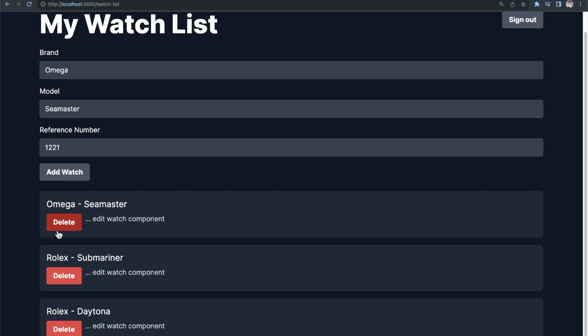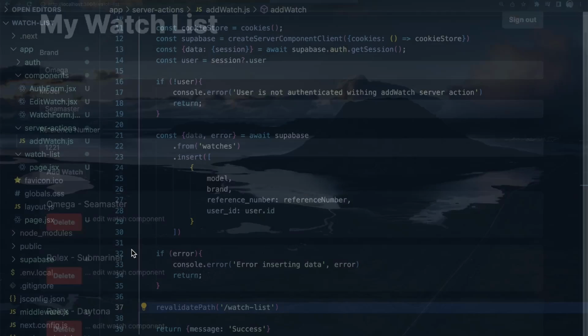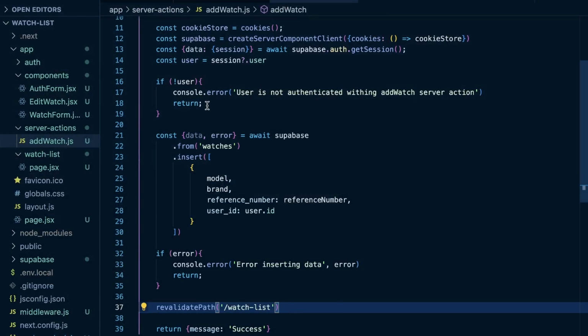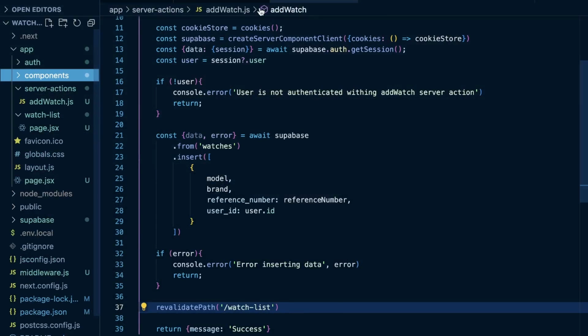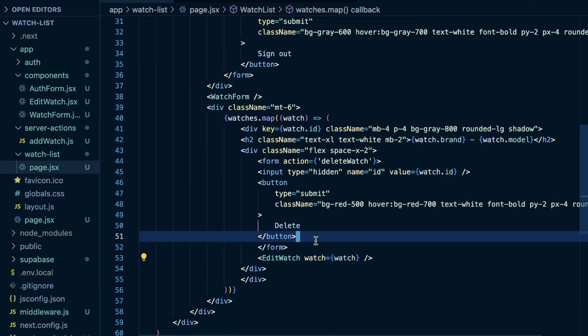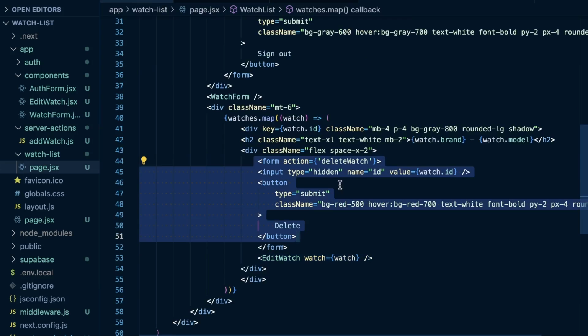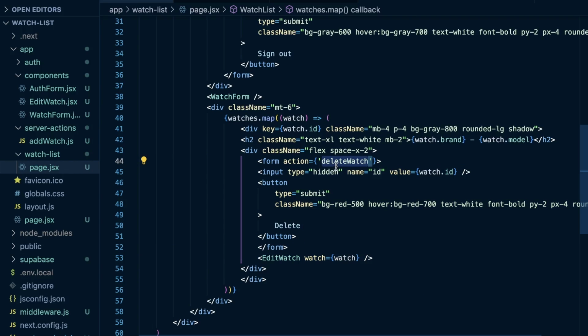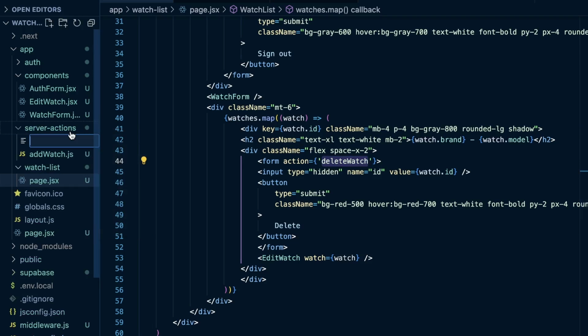Because right now, if we click delete, nothing's going to happen. So we need to come back here and we're actually going to do this with a server action. Because here within my watch list page, we see we have a delete button, which is just a form that's going to call this delete watch action. So to do this, within my server actions folder, I'm going to add a new file and it's just going to be delete